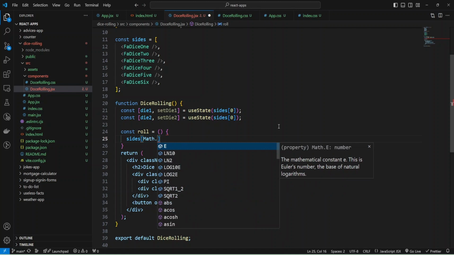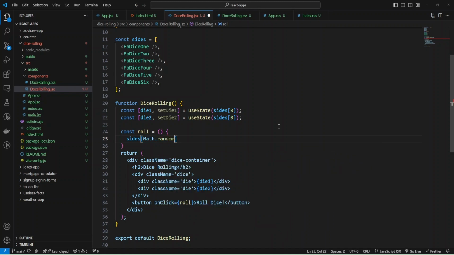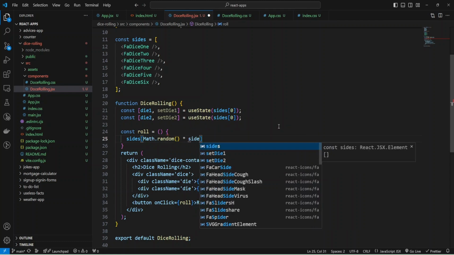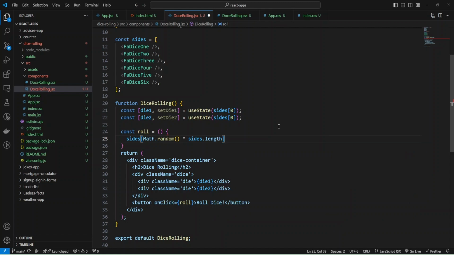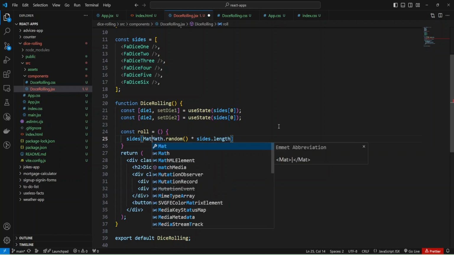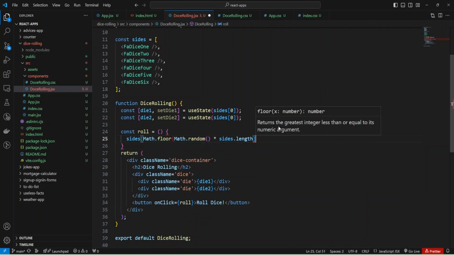It will be size, and use Math.random, and multiply by size.length. Math.random returns float values, and we need Math.floor to get the integer number.